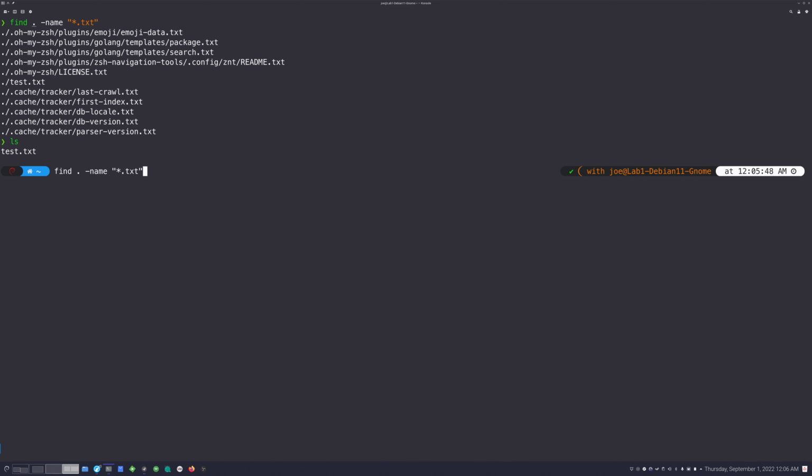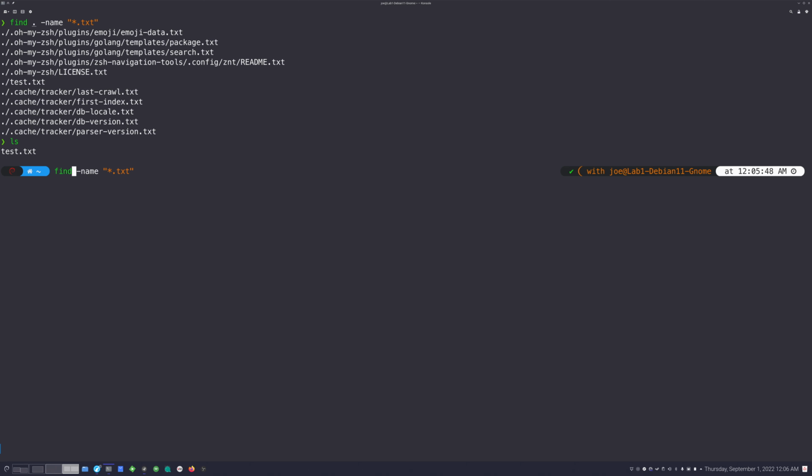Now, what I wanted to show you with this find command is if we go back here, we can actually remove this dot entirely. So anybody who's putting that dot there, you don't have to. The dot basically just means current directory, the directory that you're currently sitting in when you run the find command. But here's the thing, right?